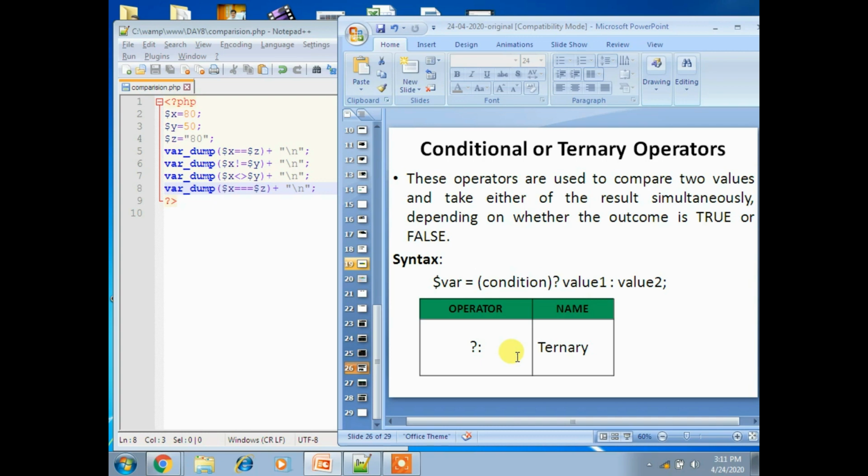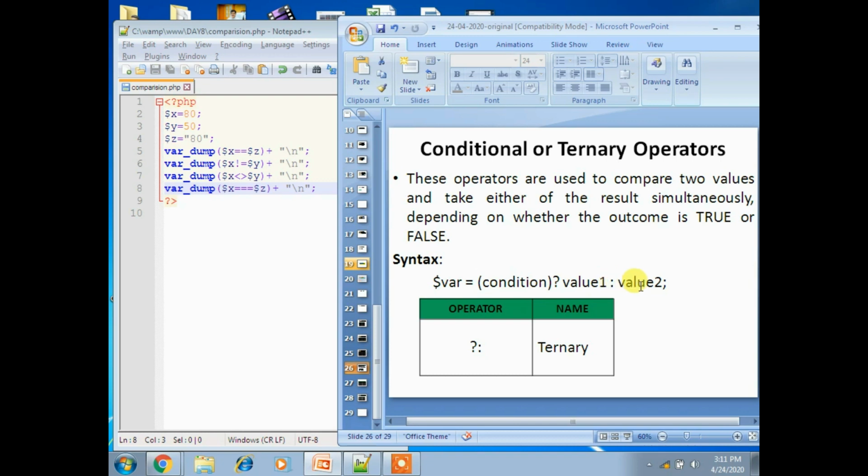Now what is the meaning of ternary? If the condition is true, then $x, or else $y. This means that if the condition is true, then the left result of the colon is accepted, otherwise the result on the right. Consider x and y here: if condition is true, question mark, then $x, colon, or else the y value.